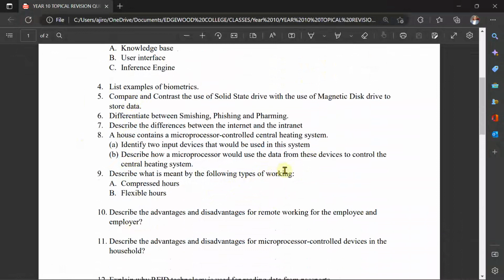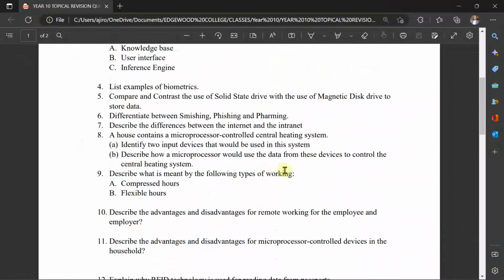Okay, now describe what is meant by the following types of working: compressed hours, flexible hours. Now, I have also discussed this in the previous video, chapter 1 or part 1 or part 2 of this video, so you might want to check it out. Okay, the next one is